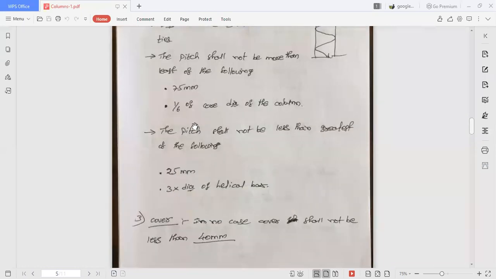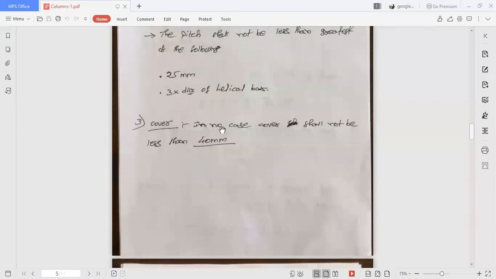In the same way, we have such details for helical reinforcement also. And coming to cover, we have to provide a minimum of 40 mm cover for columns. What we have studied for beams and slabs is nearly 25 to 30, right? But for columns it is 40. Why? Because columns are directly exposed to the atmosphere, right? Beams are not exposed. Slabs are also not exposed, because the slab cover will be at the bottom and inside the building. So even a 25 cover is sufficient to resist weathering actions.